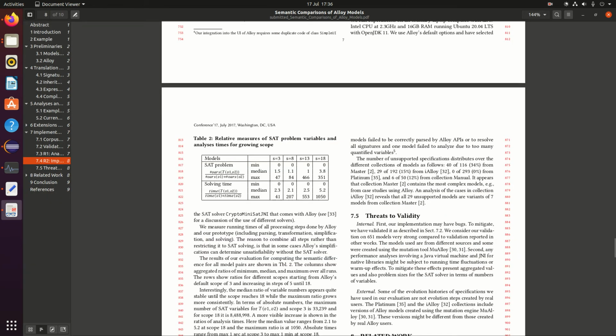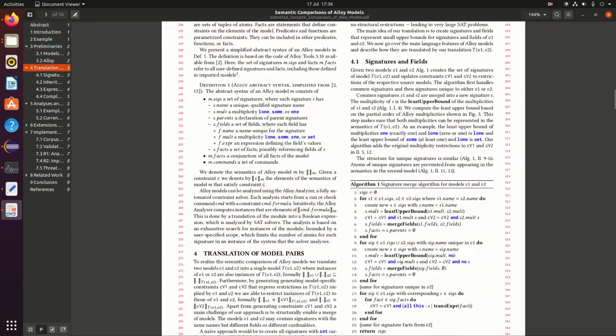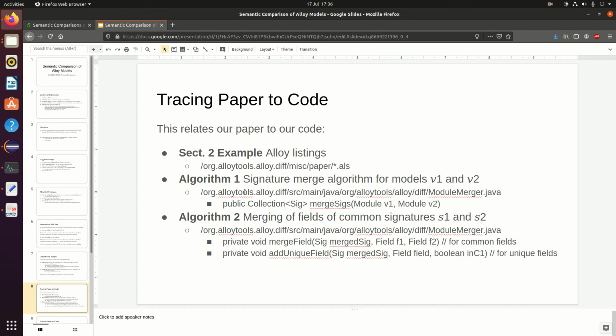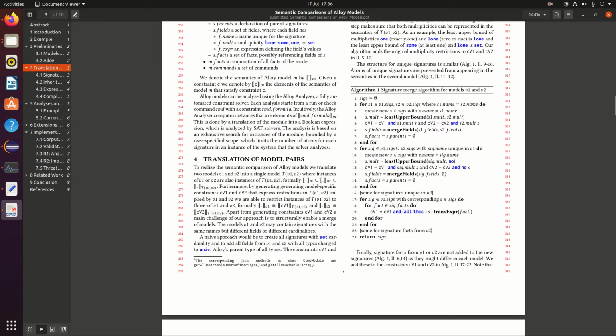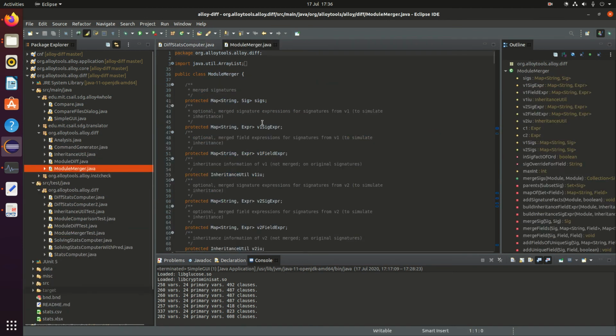Then the paper contains a few algorithms, and the algorithms look hopefully very nice because they're just pseudocode. We need to merge the signatures, and the signature merge is basically algorithm 1, and this takes place in this method. So if we go to the module merger, then we can see where algorithm 1 takes place and what algorithm 1 really looks like. The module, no, that's the test cases. Module merger, and then